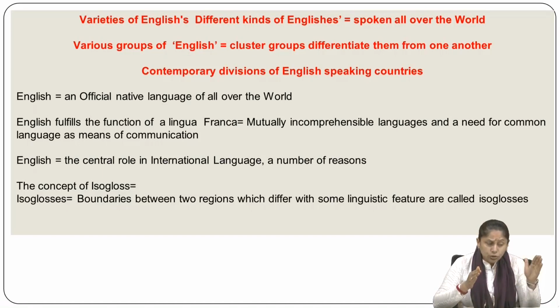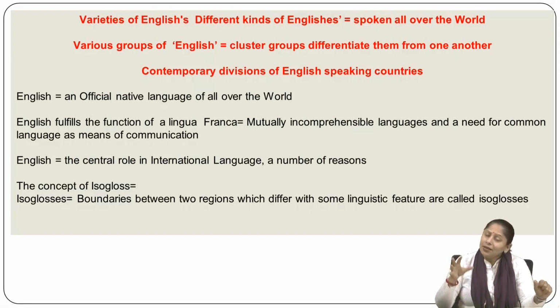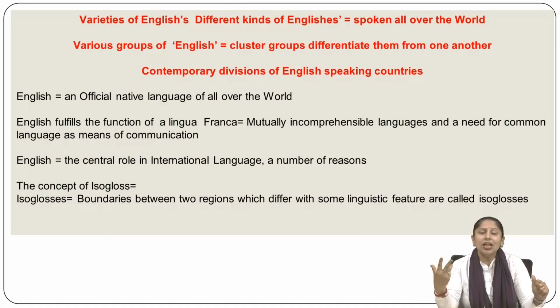Why? Because they are utilizing English, but Americans would be utilizing English in their own sense and as per their own personal native impressions, as per their own aboriginal aspects, and Canadians would be utilizing English with their own specific perspectives, with their own specific influences of their native aboriginal original capacities. So this kind of mixture of these two regions and their languages is known as isoglosses.